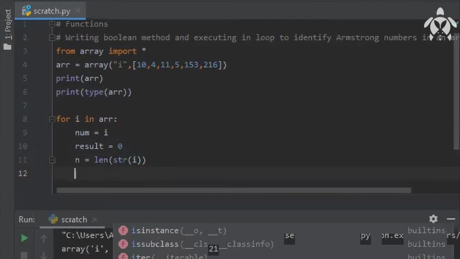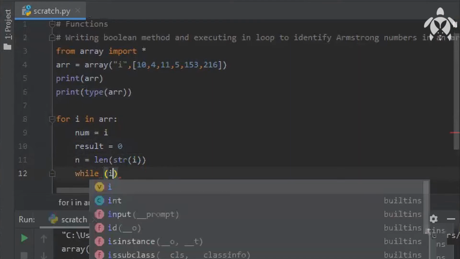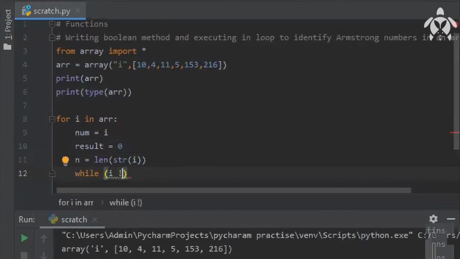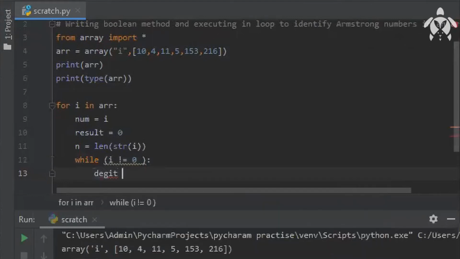This I'm writing. Now I will set a while loop: while i is not equal to 0, then you can have a condition. So I will give digit here. Digit is equal to i % 10.